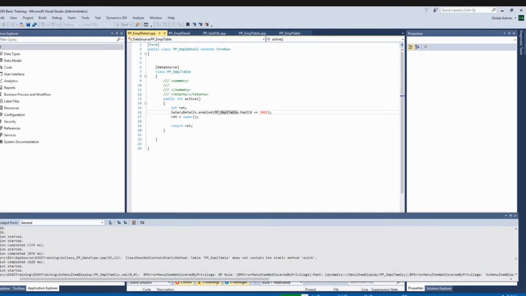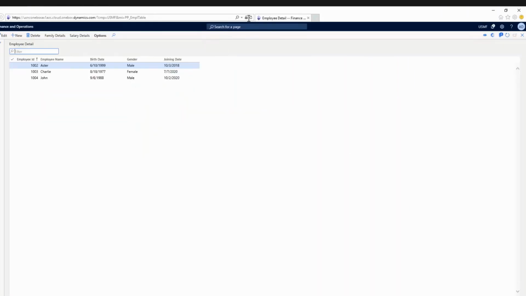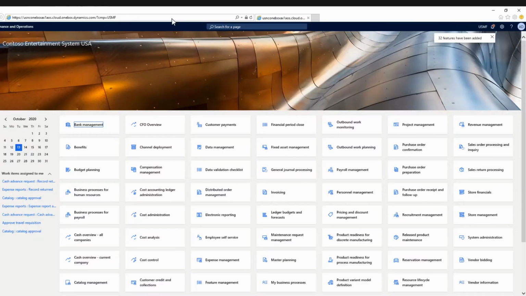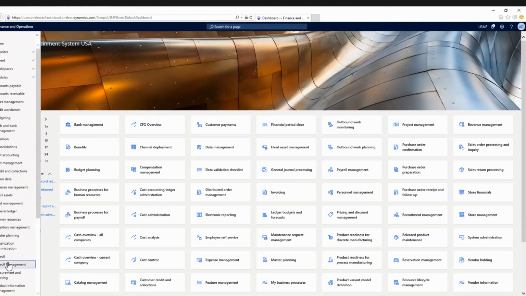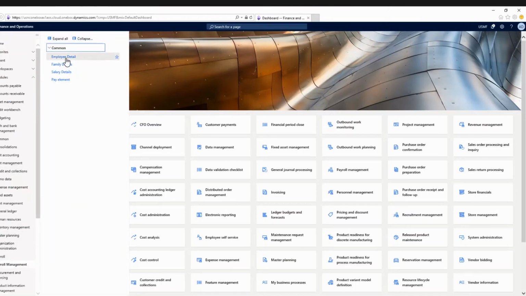Still it is in building stage. Let's see our result in the user interface. I will open it. Let me refresh it. So the browser is refreshed. Now I will go to my module, to my menu payroll management, and open my form.